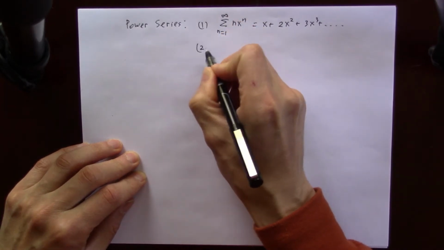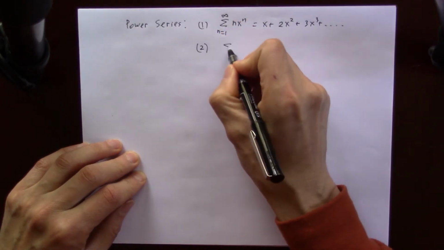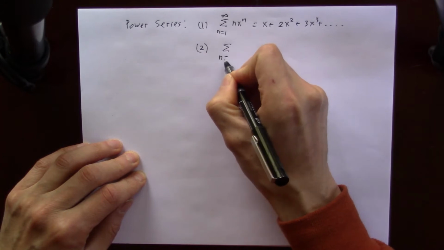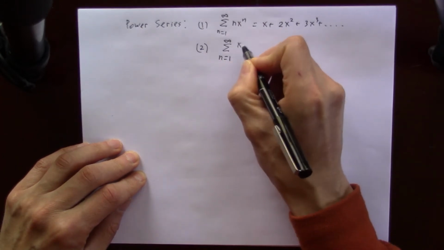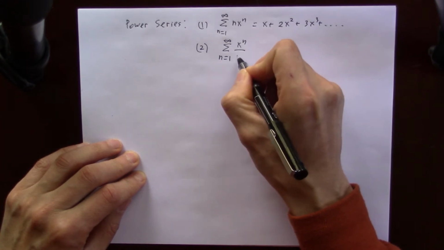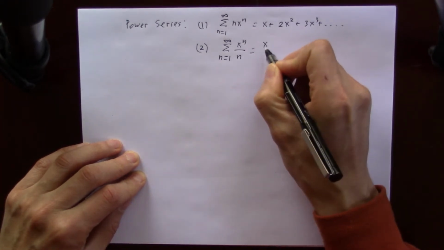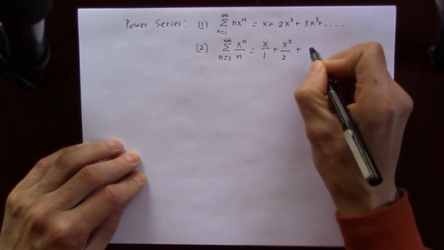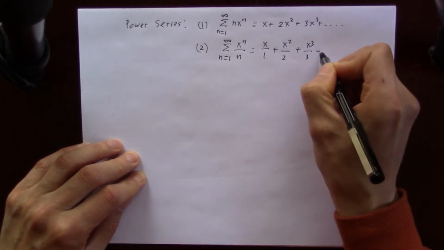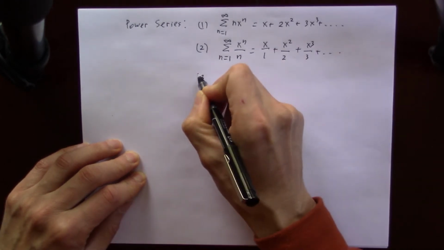Second example, for example, the sum for n from 1 to infinity of x to the n over n. So x over 1 plus x squared over 2 plus x cubed over 3 plus and so on. Third example,